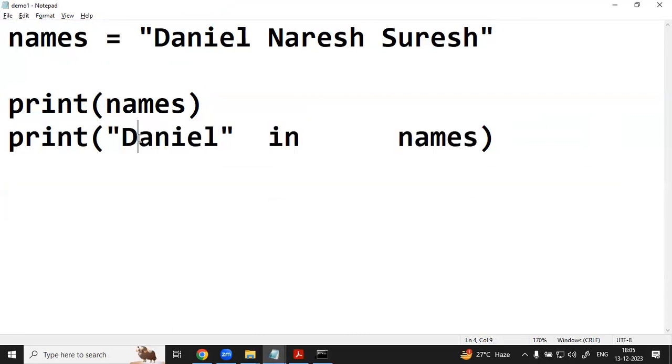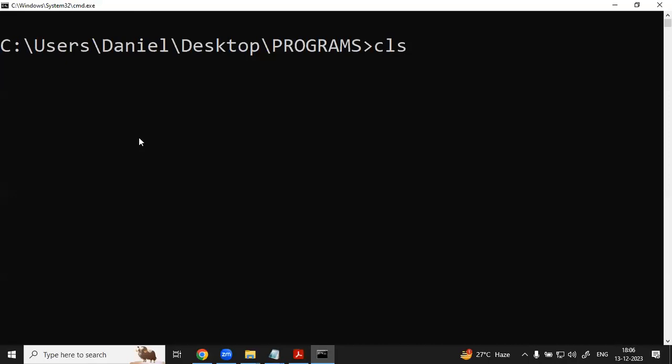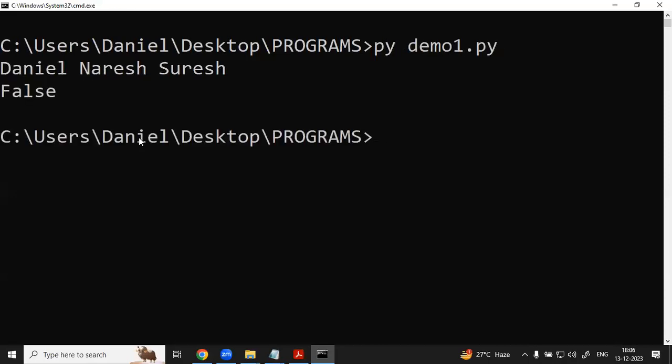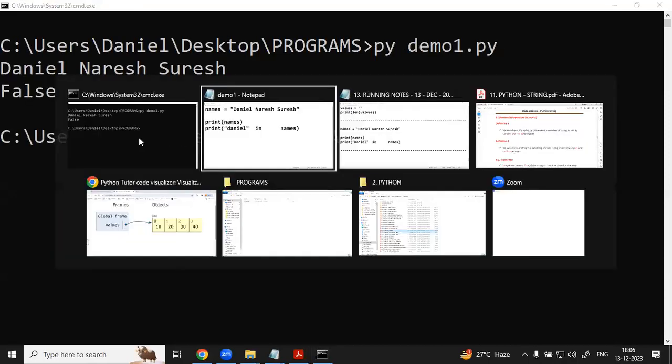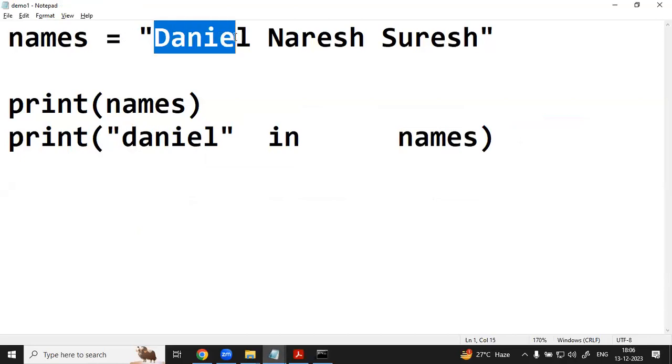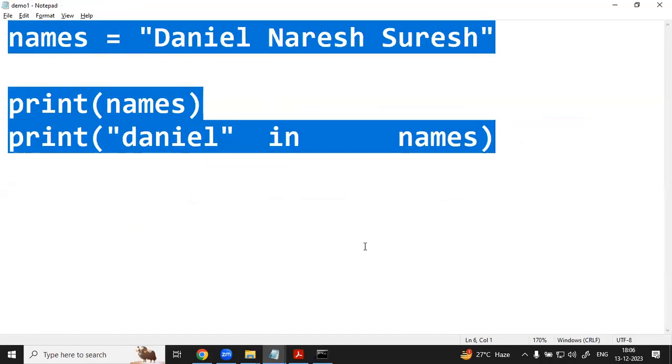Right, good. Can somebody talk with me? What is the output, sir? Why? Tell me. Because Python follows what exactly? Case sensitive. What do you mean by case sensitive? In the given string, you should not miss the case. If you are missing it, you will get a different result.